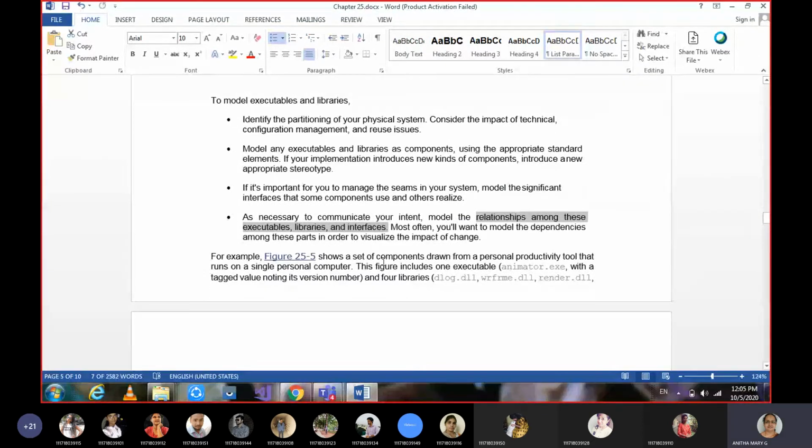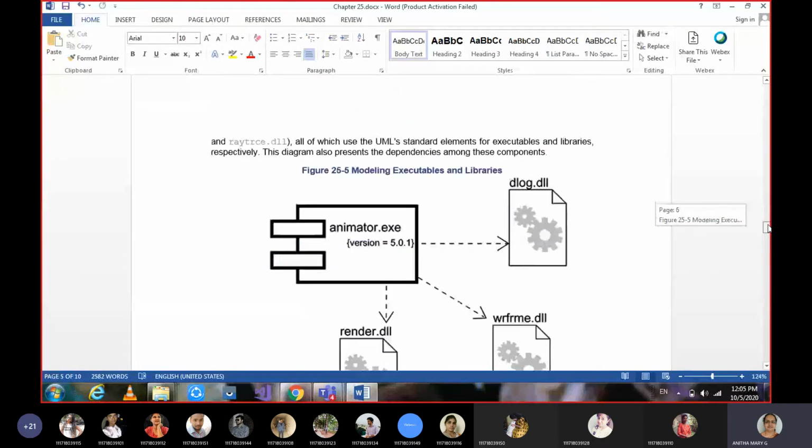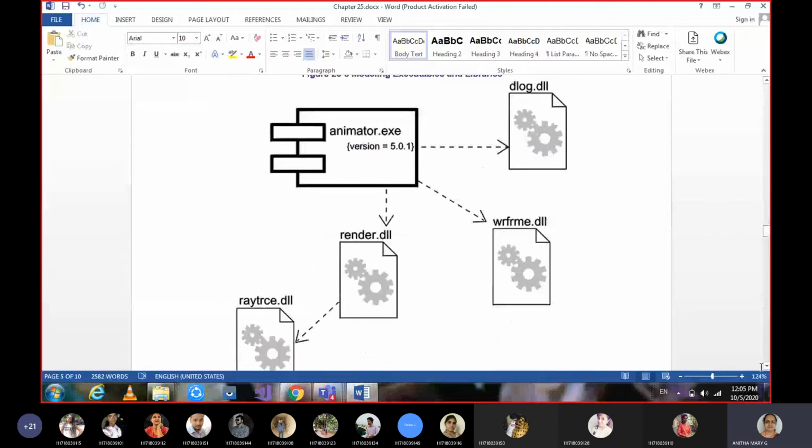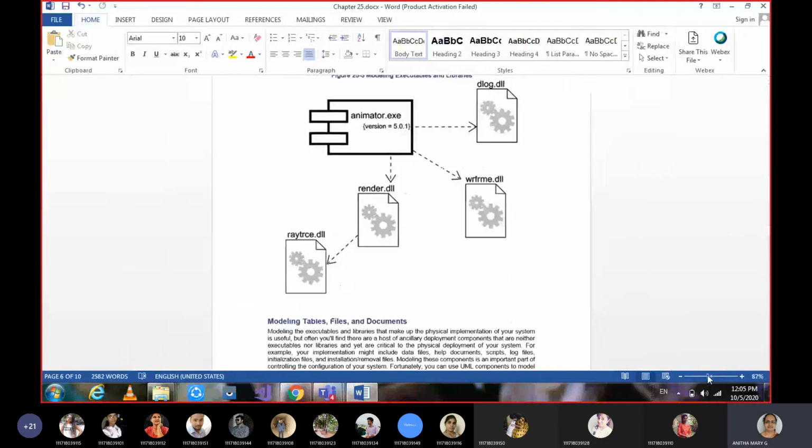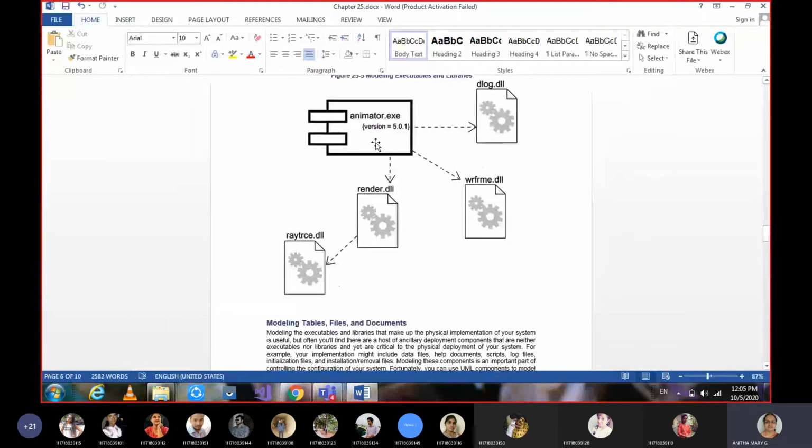Set of components drawn from a personal productivity tool. If you see this example here, animator.exe.